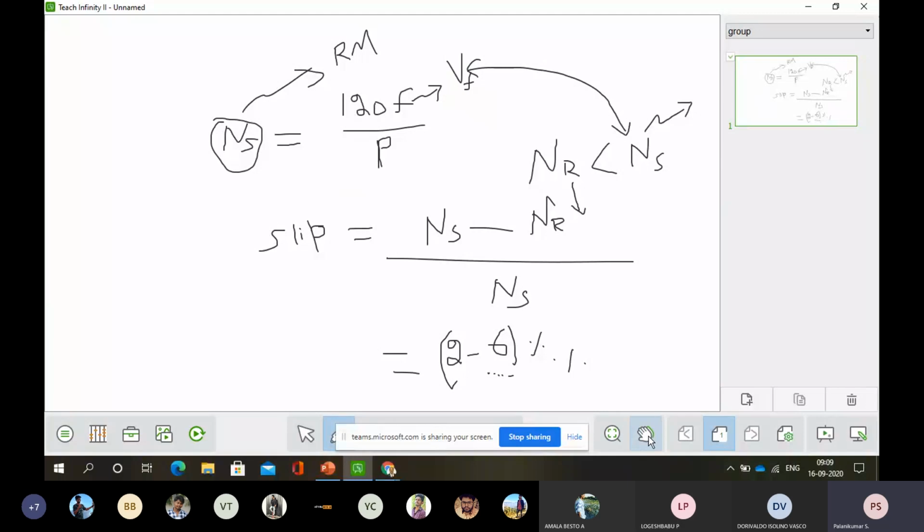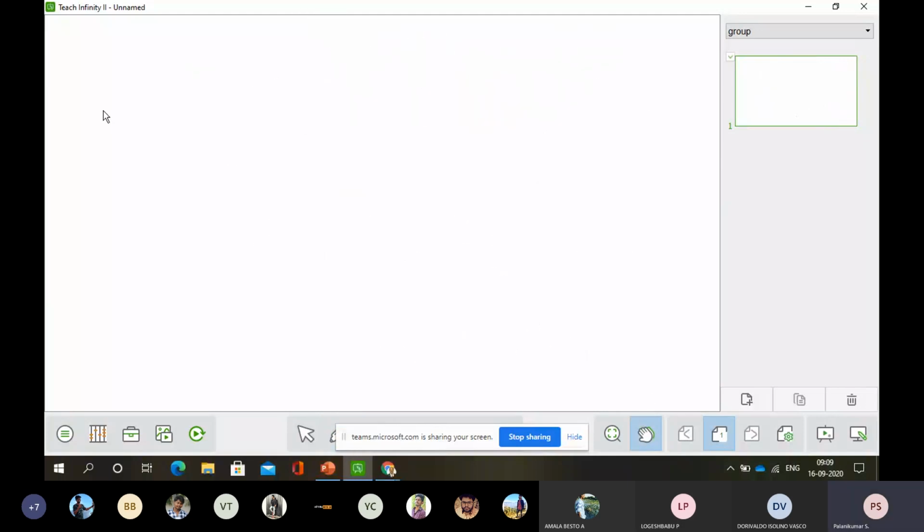How can I do that? If I have a converter arrangement, say for example, as far as an electric vehicle or hybrid electric vehicle is concerned, in both cases we are going to use the battery as the ESS, energy storage system. So assume that this is a battery. I am going to give it to an inverter, which will convert the DC to AC. So here I am going to have one inverter.